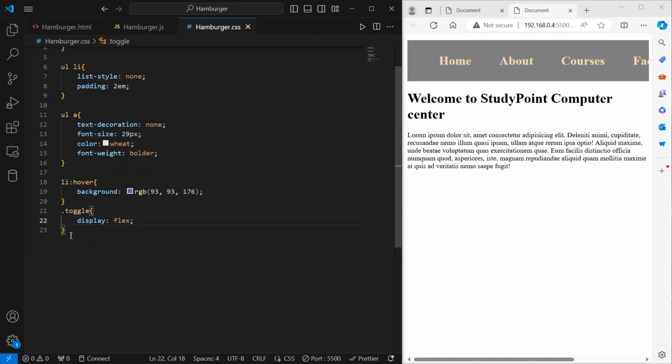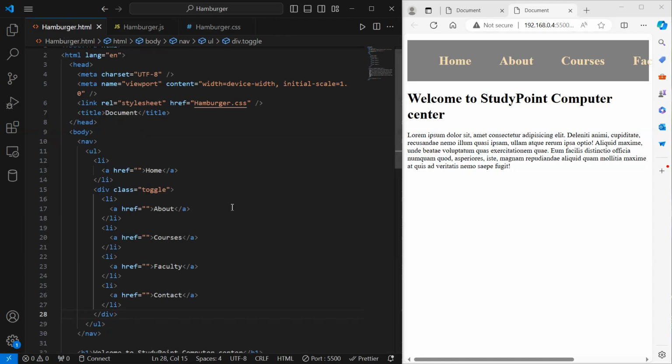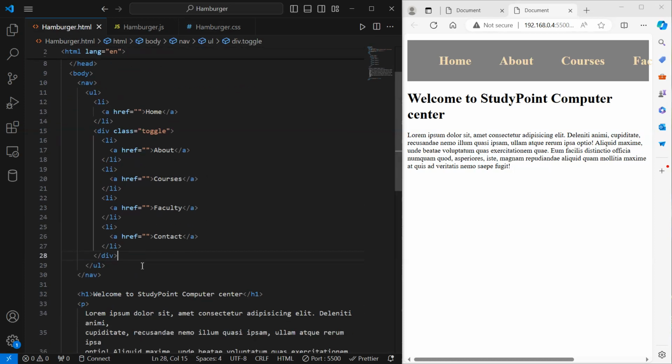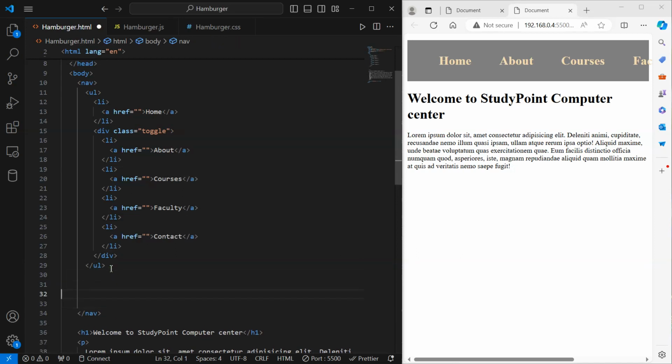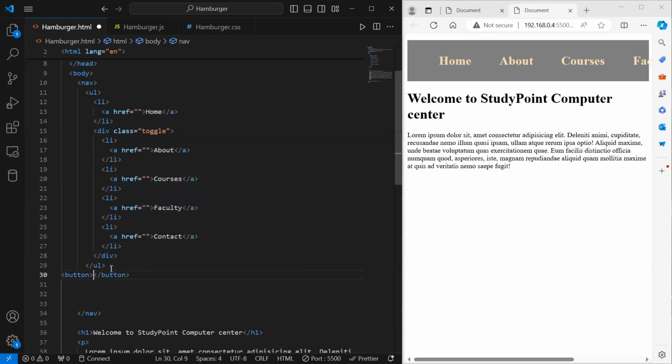Now comes the portion in which there will be a button in here, the hamburger menu button. So let me move in here and add two buttons after the navigation. I'll be giving a button, and inside that button there will be an image. I will be selecting the image from a website,